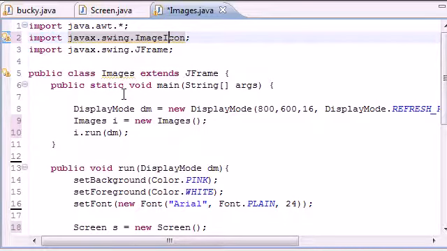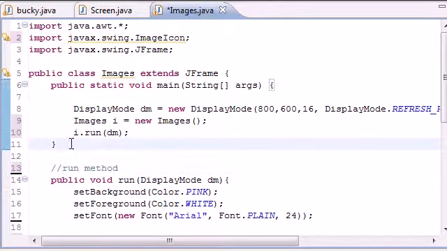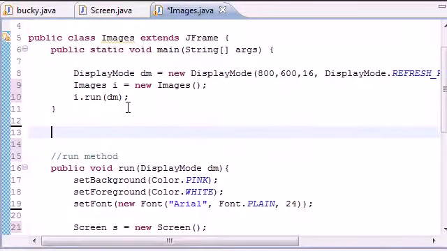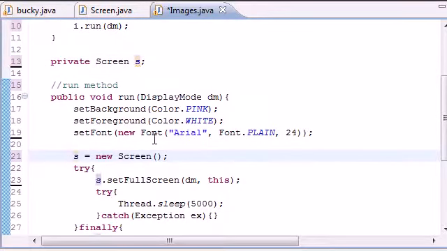The first thing we need to do is some housekeeping things. So right under your main method right here, again, this is where your run method starts. Run method right there. And this is where your main method ends. See this? Let's go ahead and make some variables. Let's go ahead and make private Screen, because remember, this is our screen manager right here, and we'll make a variable called s. Now if we go ahead and take this out right here, because we don't need to put Screen s twice,